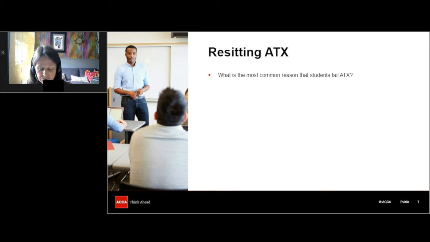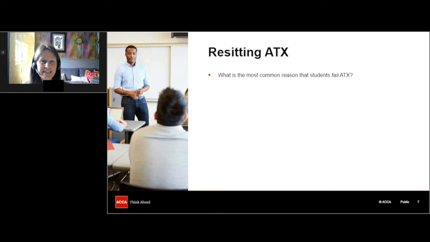And so what you will need to do if you didn't get through the exam is to try to work out the reason why you didn't get through. So I would say that generally, if you scored somewhere between 45 to 49, it's probably due to exam technique, maybe lack of timing, maybe not answering the question, all of those reasons that I've just said. If you scored a very low mark, then it's probably due to a lack of knowledge. So once you've worked out the reason why you didn't get through, or why you think you didn't get through, it's then going to be easier to fix that.